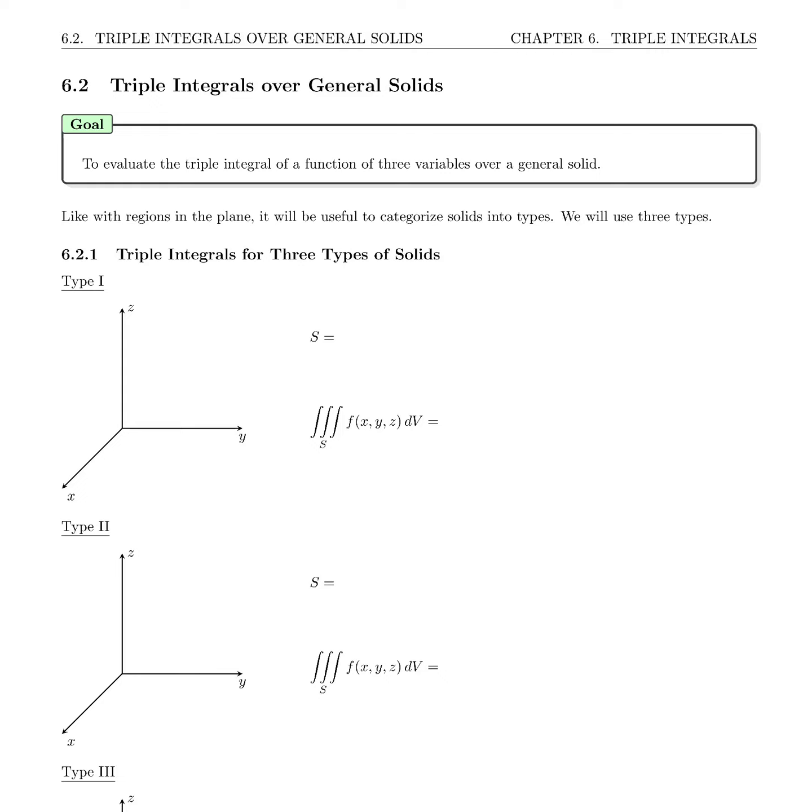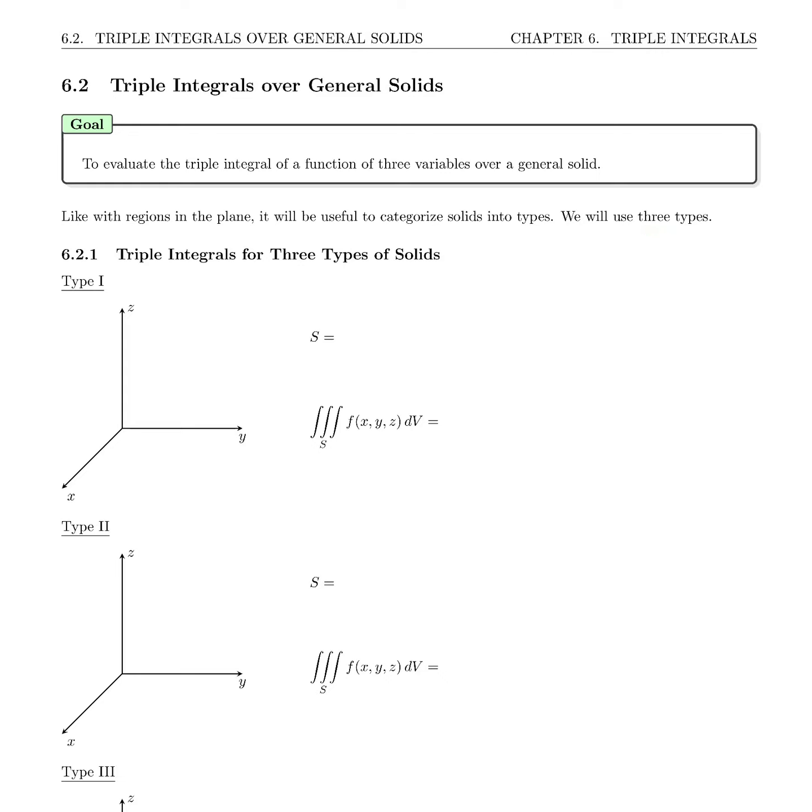We're starting section 6.2 on triple integrals over general solids. The goal of this section is to evaluate the triple integral of a function of three variables over a general solid instead of just a box like we did in the past couple of videos. As with regions in the plane, it's going to be useful to categorize solids into different types, and we're going